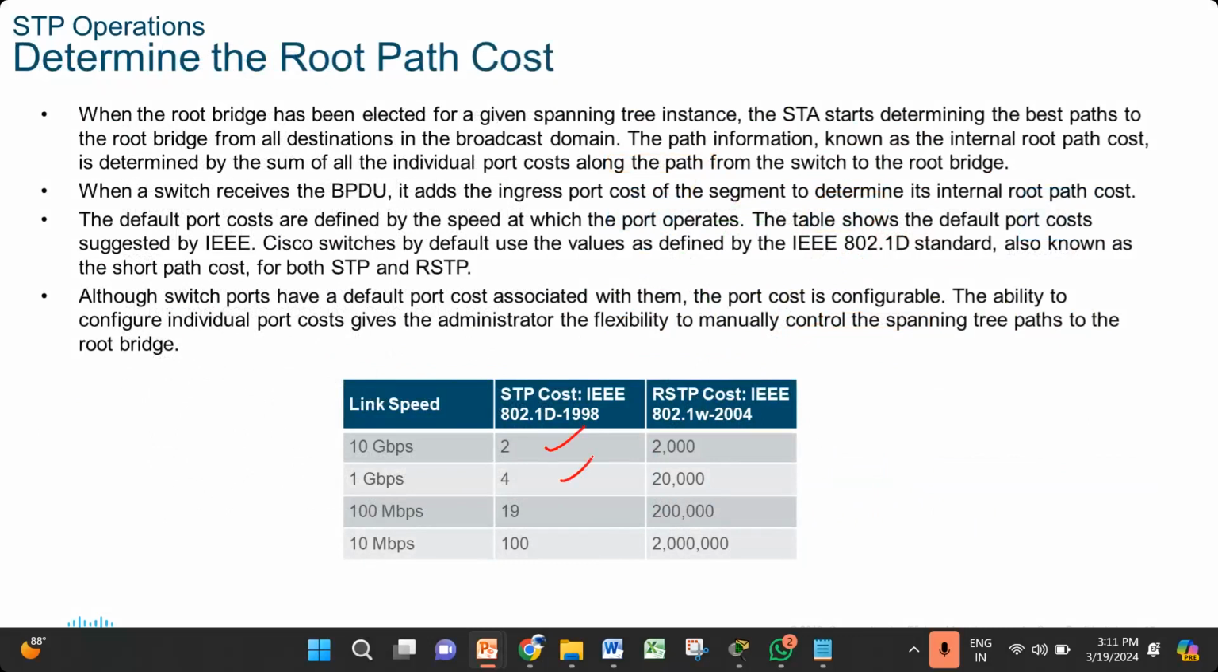If it is 1, it is 4. 100 Mbps is 19, 10 Mbps is 100. So these are the default path costs used for STP. Now what happens here is the path cost is summed up for that particular link and then it is